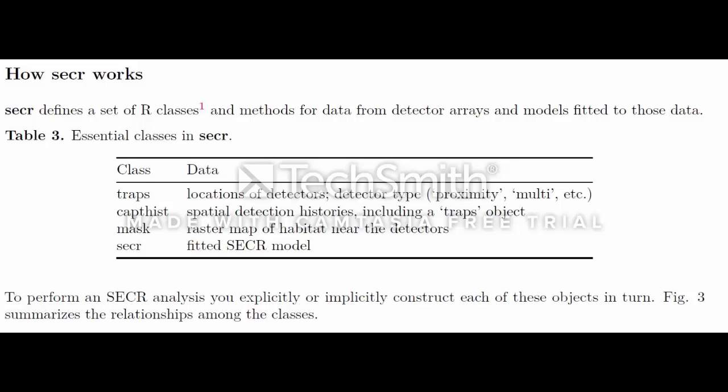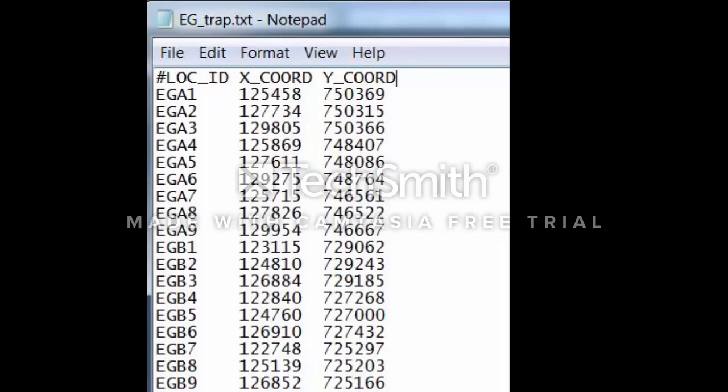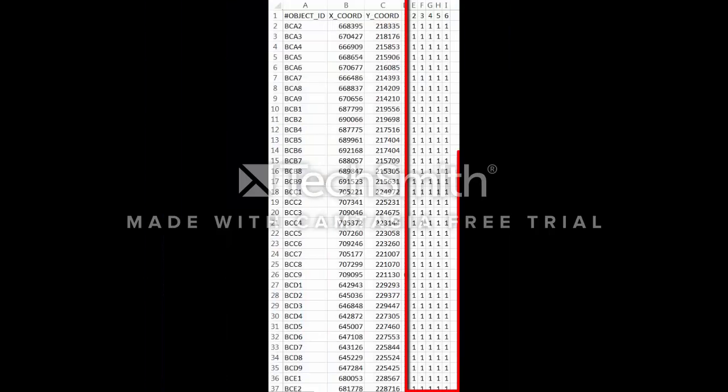mask, and secr. A traps object can be any number of detectors, including hair snares, camera traps, live traps, count detectors, etc. Here is a list of the various types of detectors which can be found in Efford's Seeker overview document. This class contains, but is not limited to, trap names and coordinates. It can also include activity data for each trap, in other words, whether the trap was being used or not